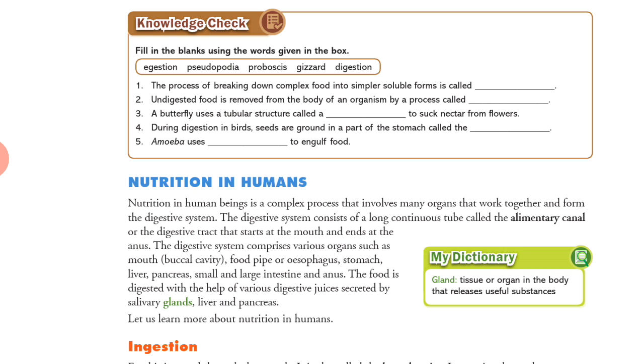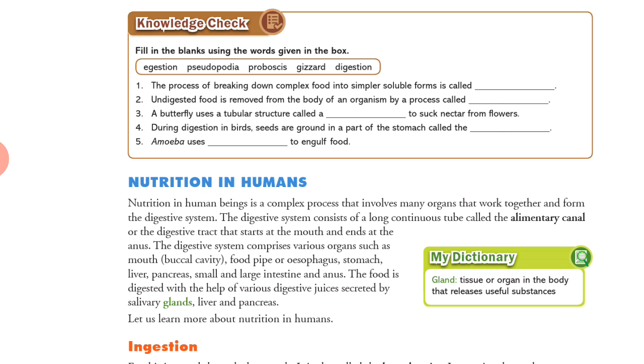Second, the undigested food is removed from the body of an organism by a process called egestion. Okay, in the second fill in the blank we will fill egestion. Let's move to the third one. A butterfly uses a tubular structure called a proboscis to suck nectar from the flowers. Got it? In the third one we fill proboscis, and in the fourth one, during digestion in birds,